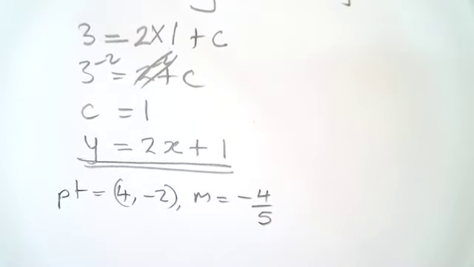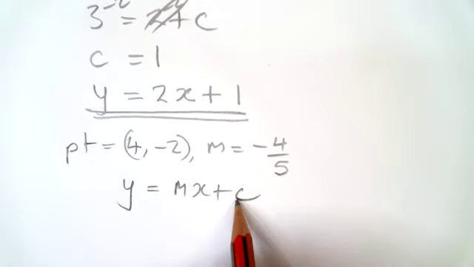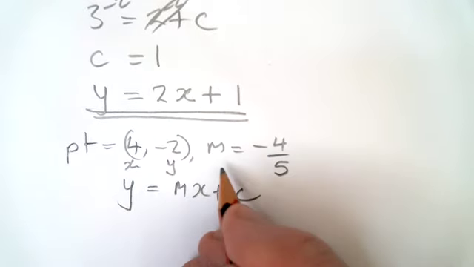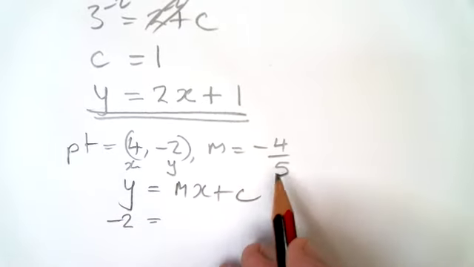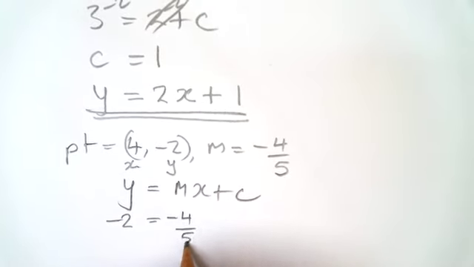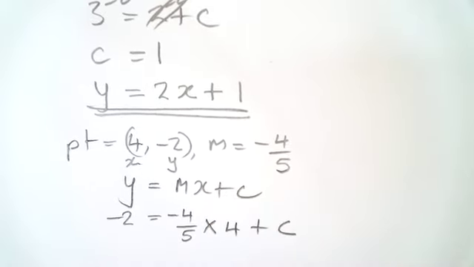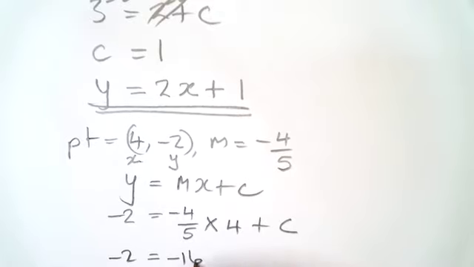All right. So now we need to find the line that passes through this point with this gradient. So I'm going to write y is equal to mx plus c. Let's populate this with this information here. There is my x value, there is my y value, there is my m value. Y value, negative 2. M value, negative 4/5. X value, 4. Plus my c, which I do not know. All right, well, negative 4/5 times 4, so negative 2 is equal to